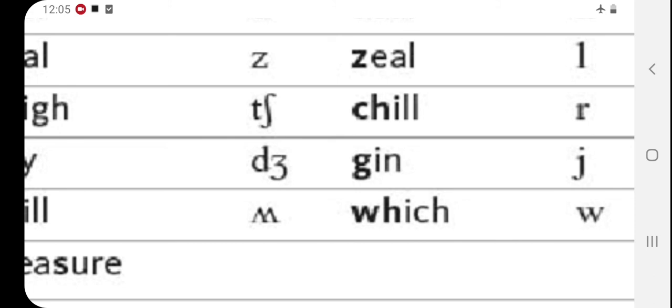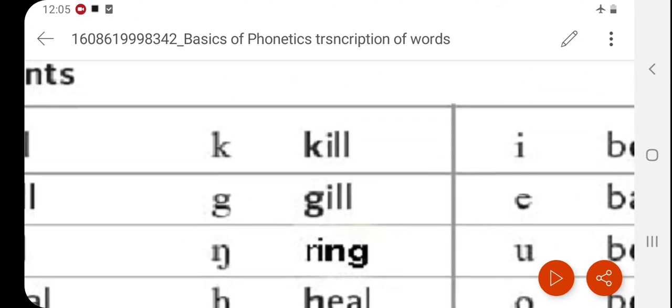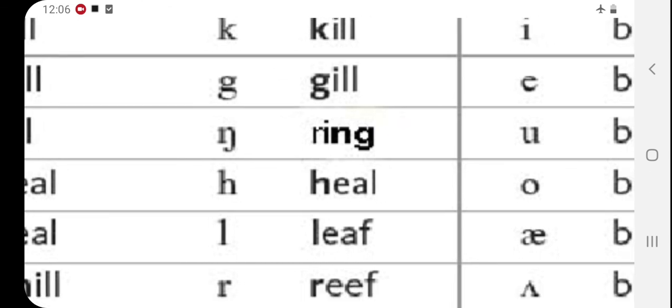Then we have which, that I have already explained. Let's talk about the ka sound. It's common that we pronounce. And then G, ga sound. Now for the ga sound, when G is giving us a ga sound, we use this type of G symbol. But when we want to represent the ja sound, we use the D and small z type symbol that I have given here.